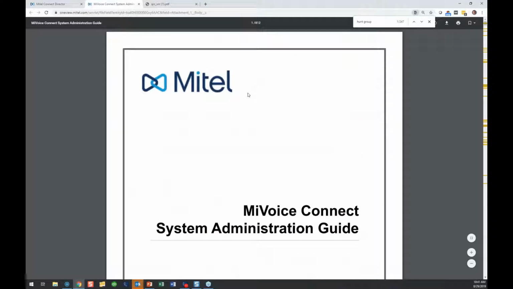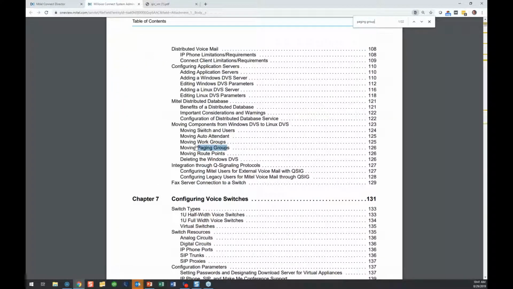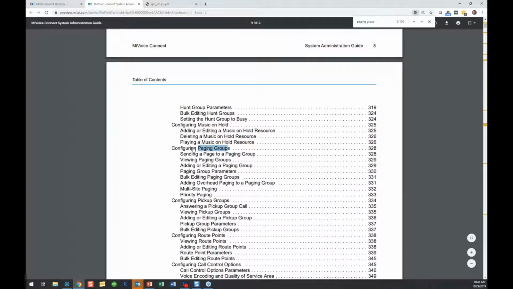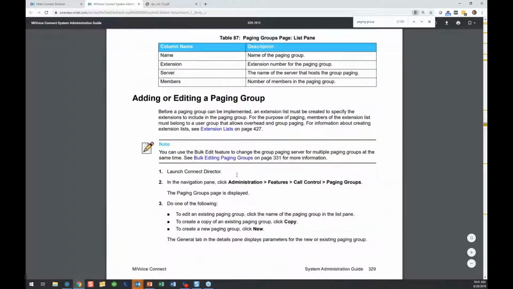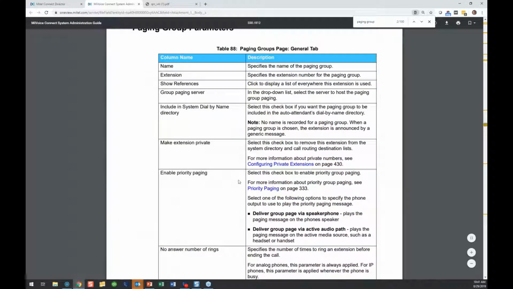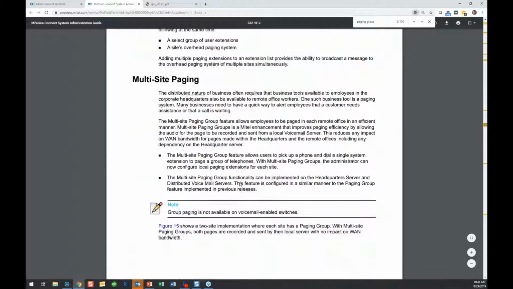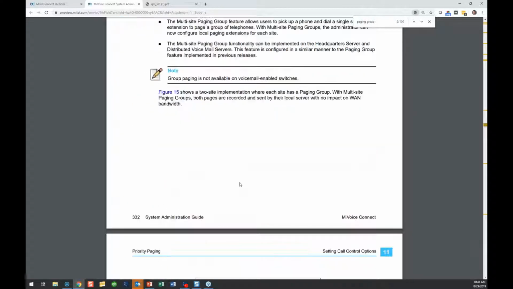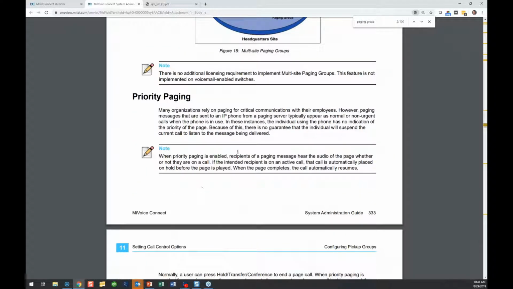Back here in the admin guide, if you look under paging group, configuring, they'll talk about priority paging as well, and all the parameters right in here. They also talk about multi-site paging, which I just mentioned. So priority paging, just remember,